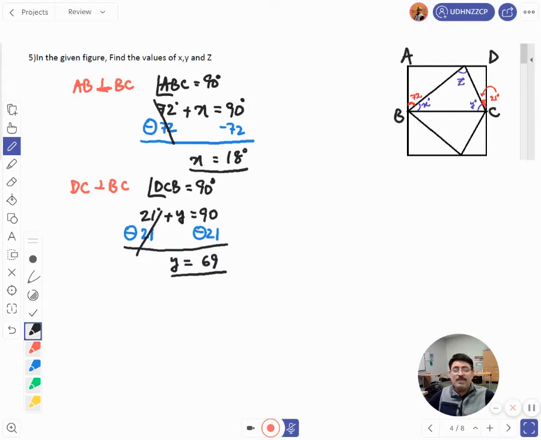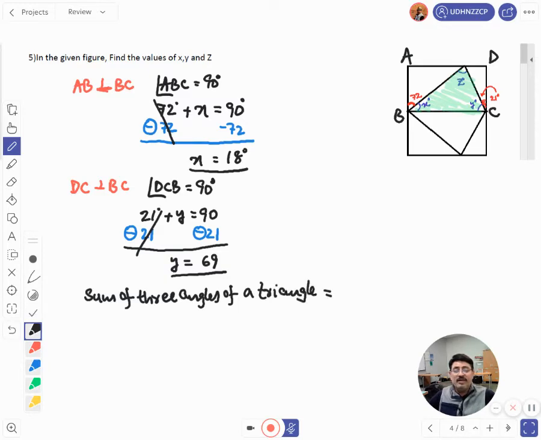Now, the last part, how to figure out z? Friends, please notice that x, y, and z, these three are the angles of a triangle, right? I hope you remember that there is a relation among all three angles of a triangle: the sum of the three angles of a triangle